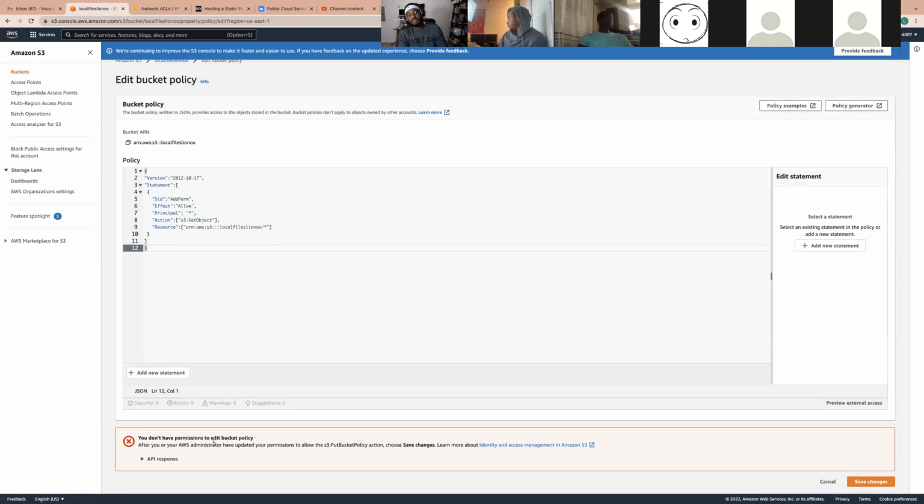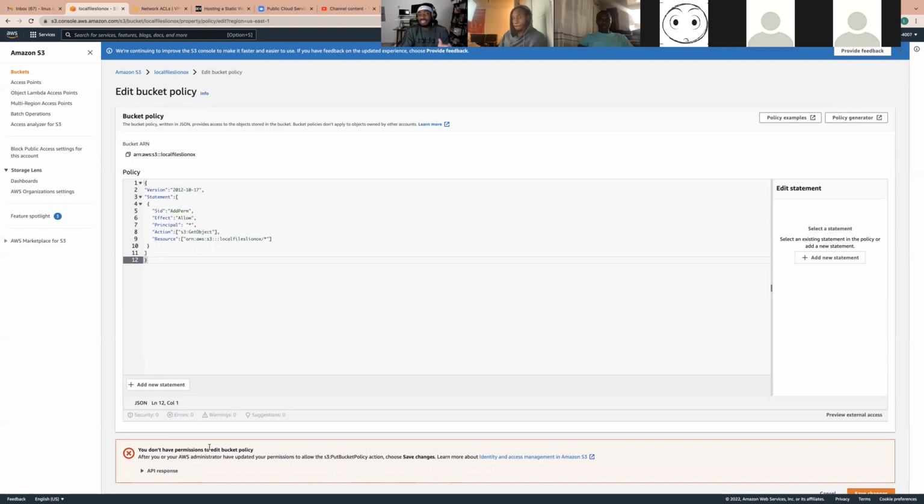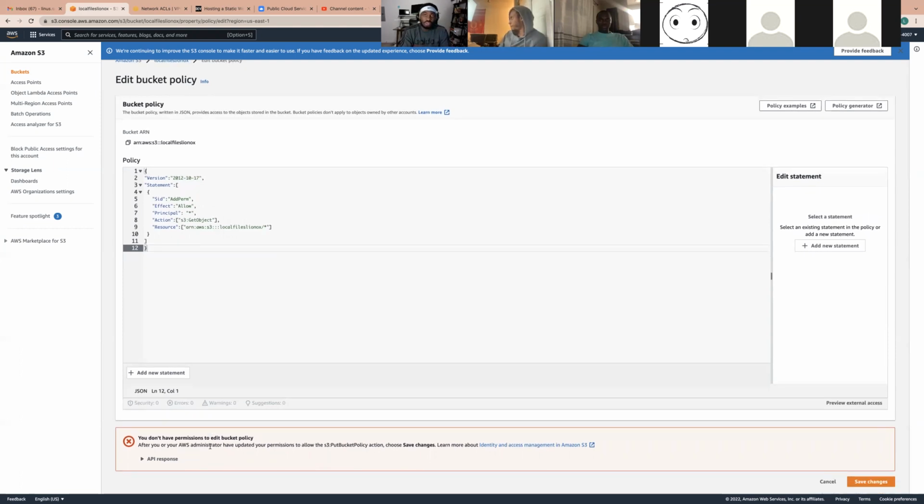So essentially, what it's telling me is my administrator. So what we're doing now, the account I'm using is not my root account. The account I'm using is an account that I created because you don't want to use your root account. And I'm going to show you how to create an account on AWS. So the administrator is essentially going to be the root guy, the guy who created that AWS account. But if you see now, it's not the account that I'm using. And you never want to use the AWS account that you used to create your account, just a security measure. But yeah, it's telling me that your administrator has updated your permission to allow put bucket policy